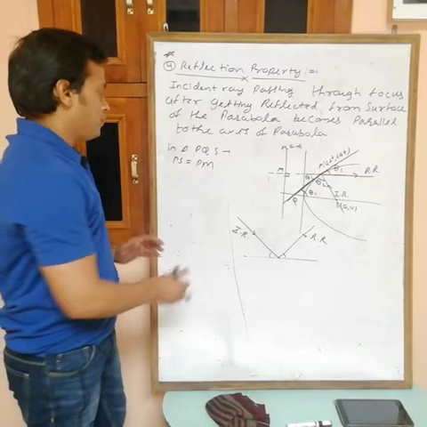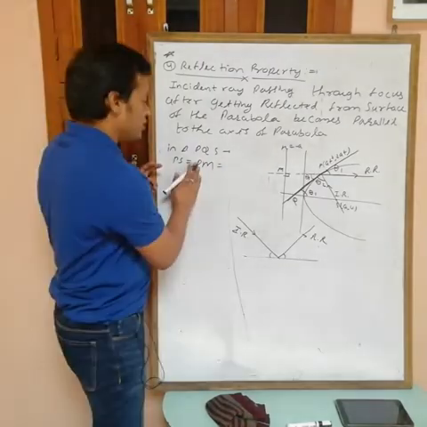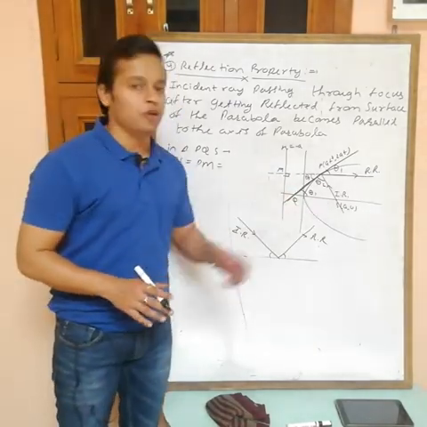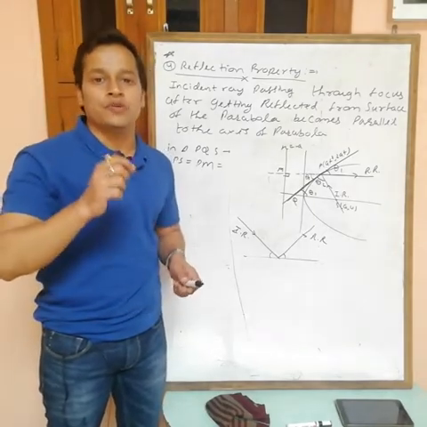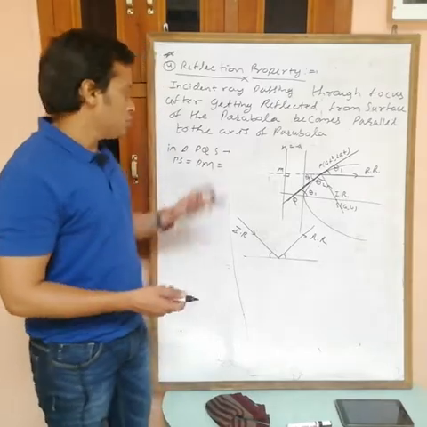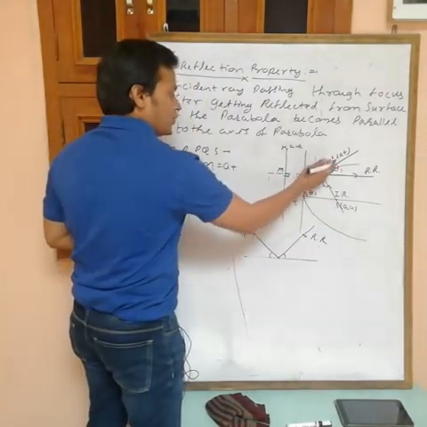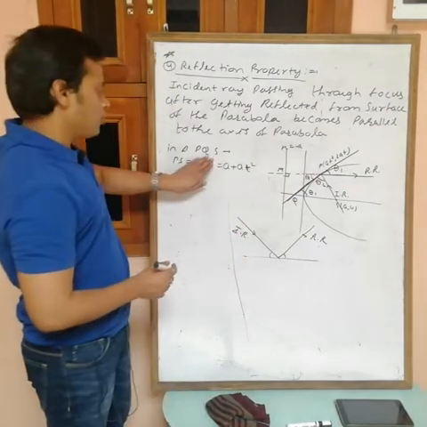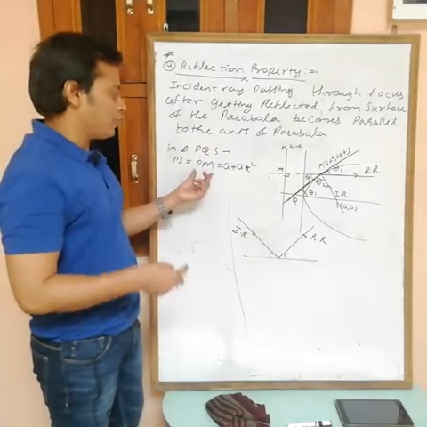So PM is equal to the focal length. If you are not writing this, I have no problem, because we have the formula of focal length. The formula of focal length of any point (x1, y1) is a plus x1. Similarly, you can write a plus x1, where the x coordinate is at^2. If you are not using this one, then we have to use the formula. If you are using this, I can directly prove it.